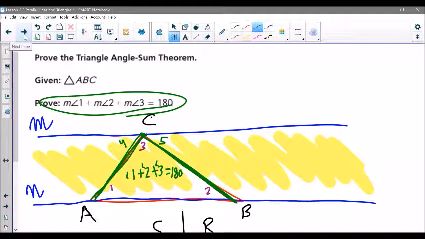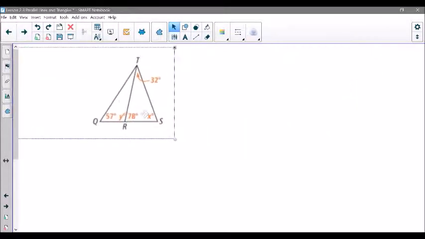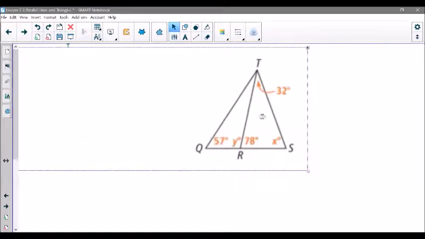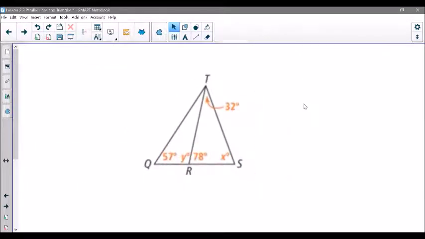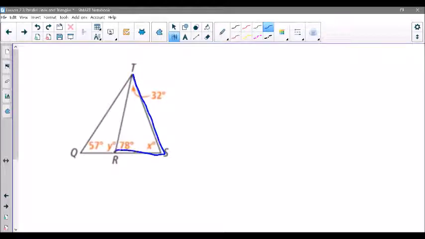So you are more than welcome to use the triangle sum theorem in any proofs, or just in any word problems. They want us to find the missing angles, x and y. I'll do x and then I'll let one of you do y. So if we have this triangle right here,